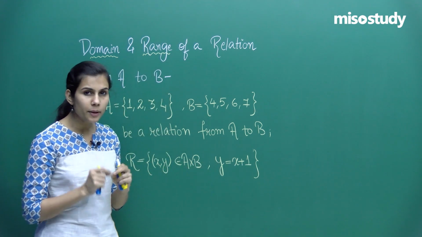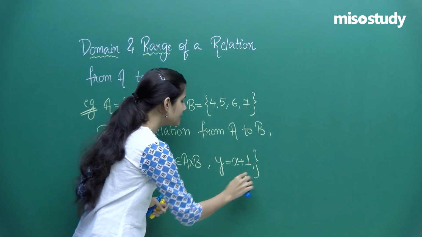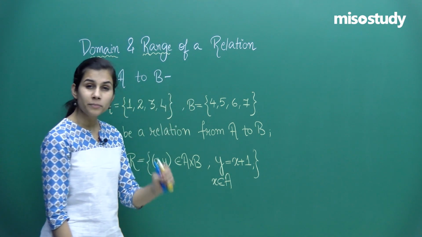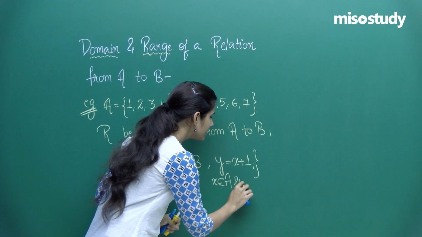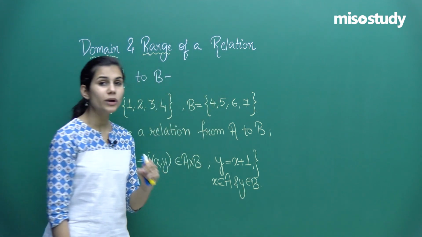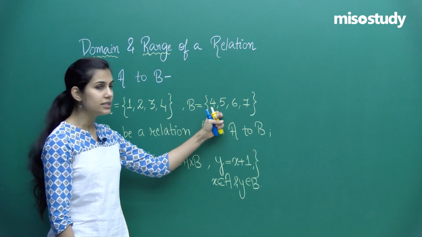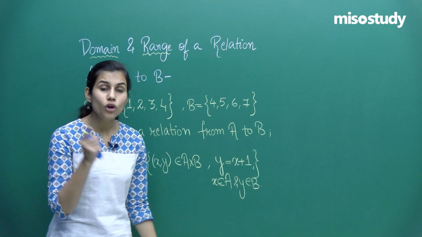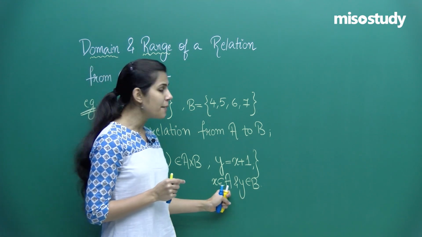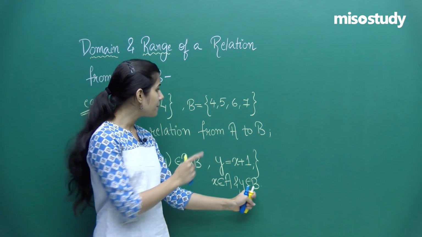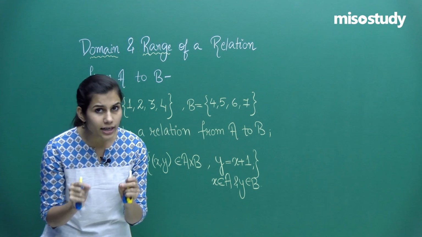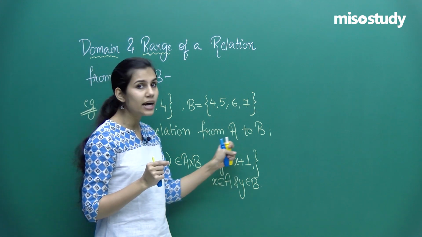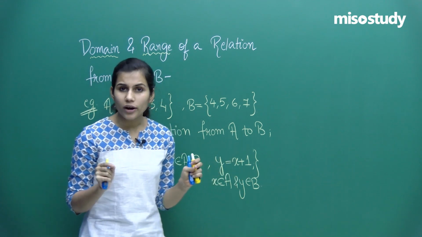Now over here there's another point to be noted, and that is that X, which is the first element of the ordered pair, is always going to come from the first set, and the second element of the ordered pair is always going to come from the second set, which is this B. Until and unless X and Y both satisfy that X is coming from this particular A and Y is coming from this B, I am not allowed to write that ordered pair inside R, even if it satisfies the condition. Let me show you what I'm trying to say.